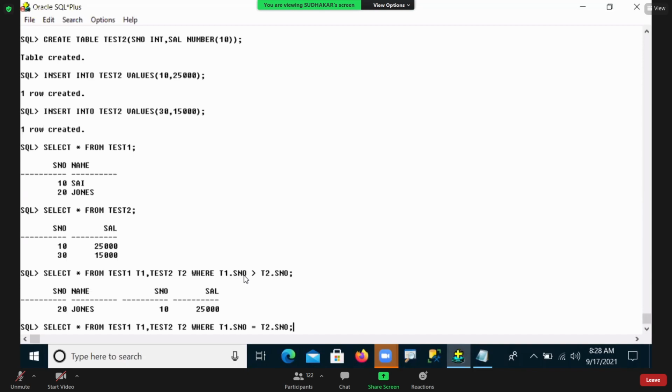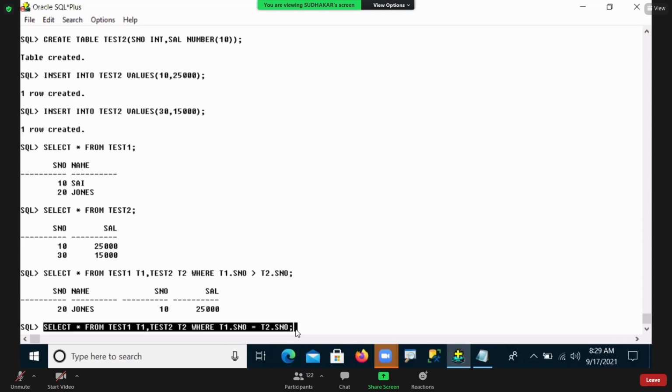Yes. If I'm using the equal operator in my where clause, then this is called which join? Equi-join. And in which format? Non-ANSI format equi-join. So if you give the equal operator, then this is an equi-join in non-ANSI format. Okay? Right. That's why we don't use the equal operator here. Except for the equal operator, you can use any other operator.